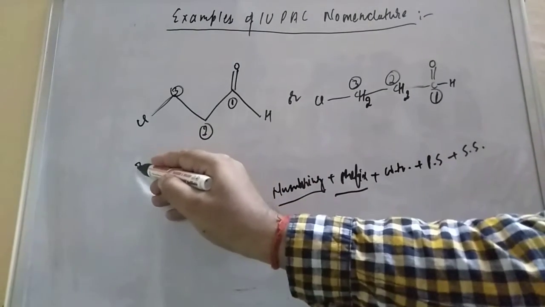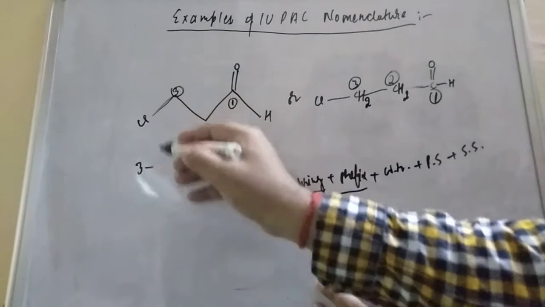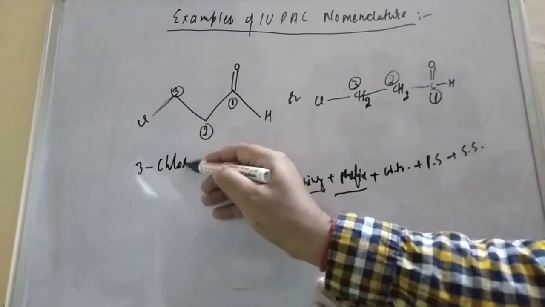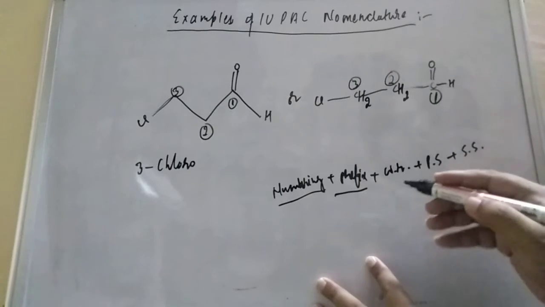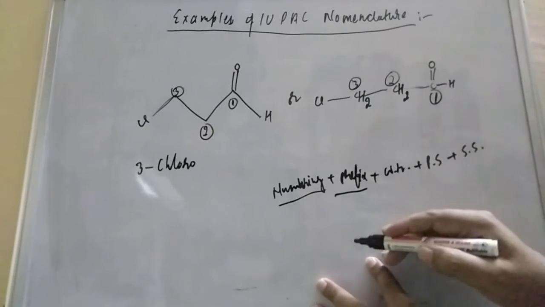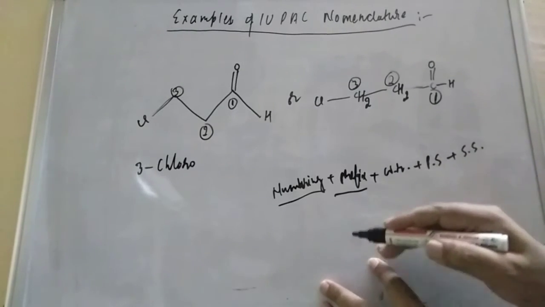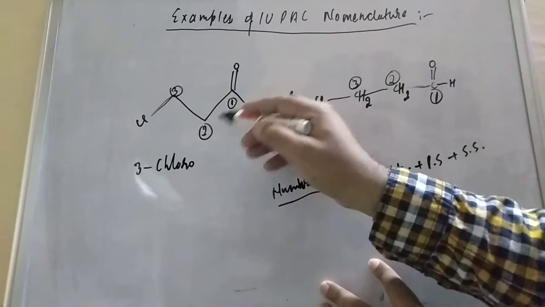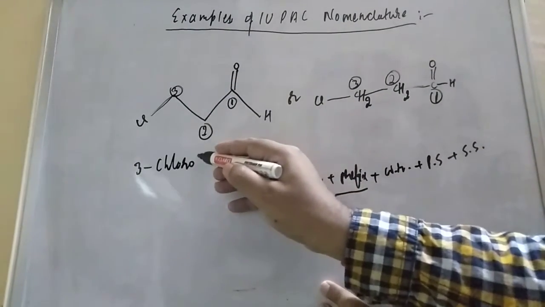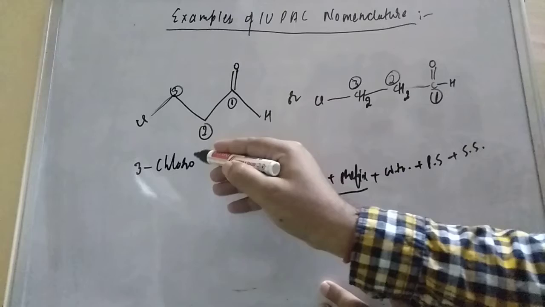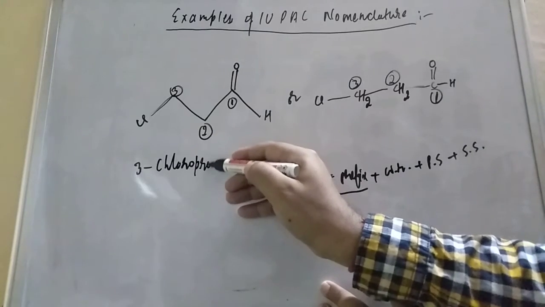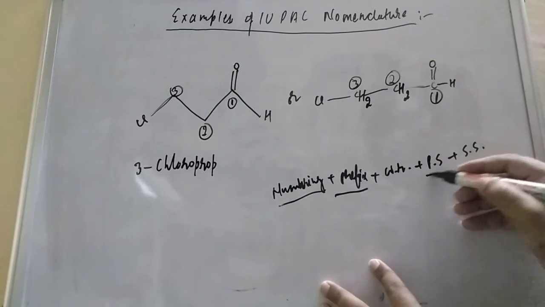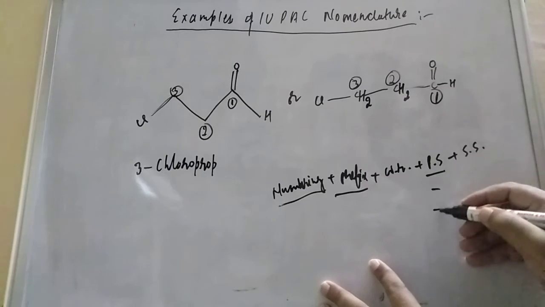So on the third position, what is there, student? Cl is there. So that is 3-chloro. Now what is there, student? Then the word root. Word root means how many carbon atoms are there in the parent chain. So if we talk about carbon atoms 1, 2, 3, so 3 carbons means meth, eth, prop. This is prop.